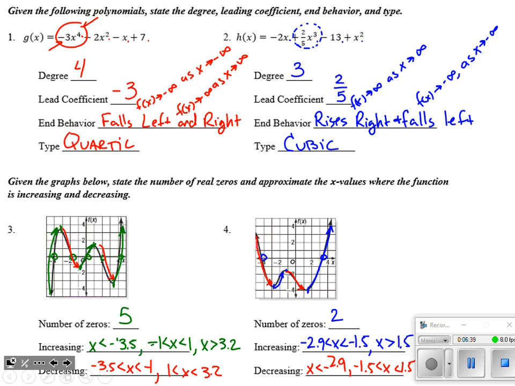So again, just describing the graph. Again, the increasing, decreasing is not as heavily stressed on this test as these problems would lead you to believe. So if we're still kind of iffy on that, do not worry. It's not a heavily tested concept. All right, so there's our opening part of the test.